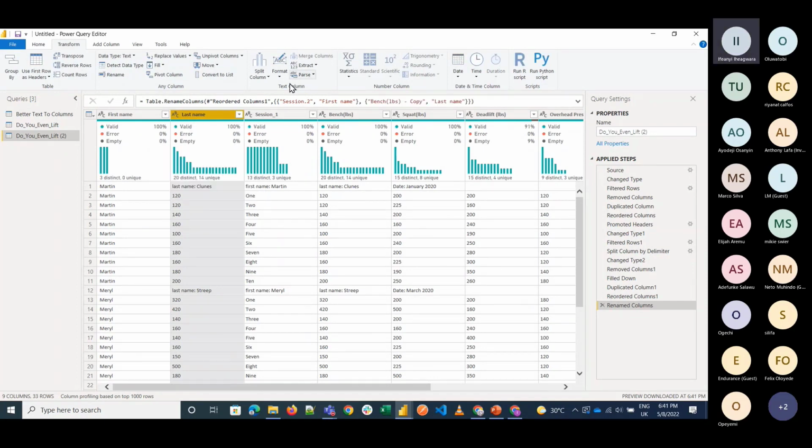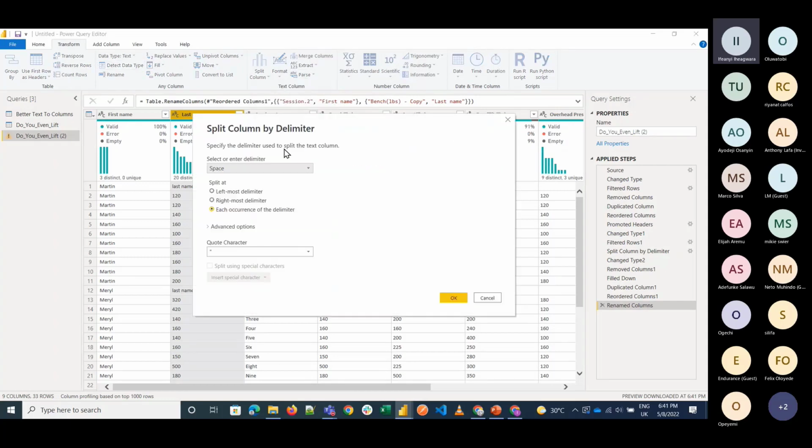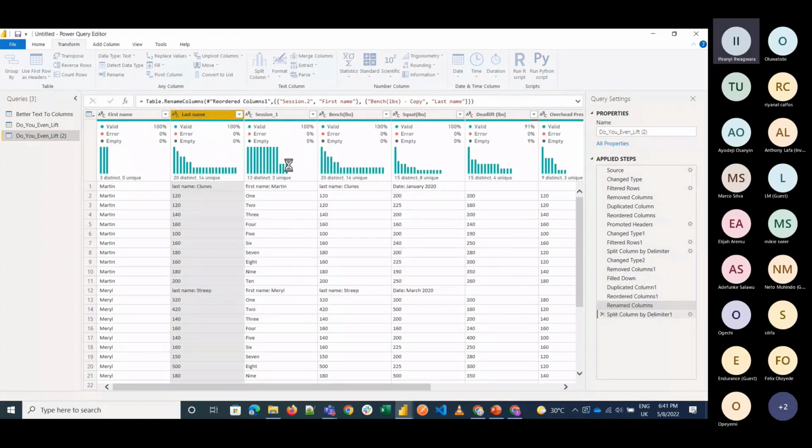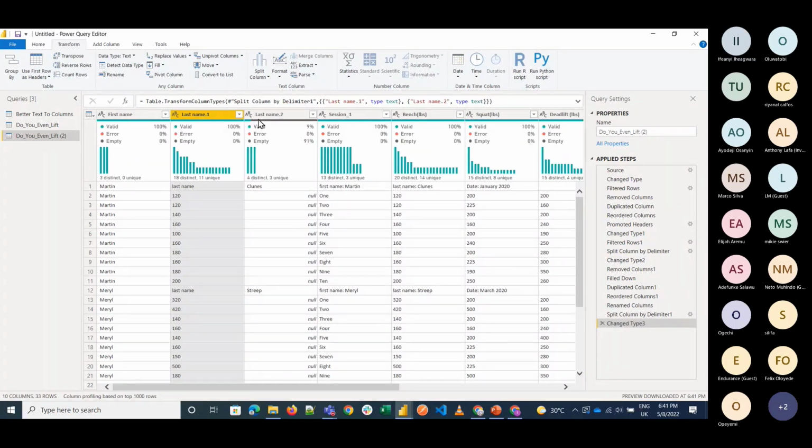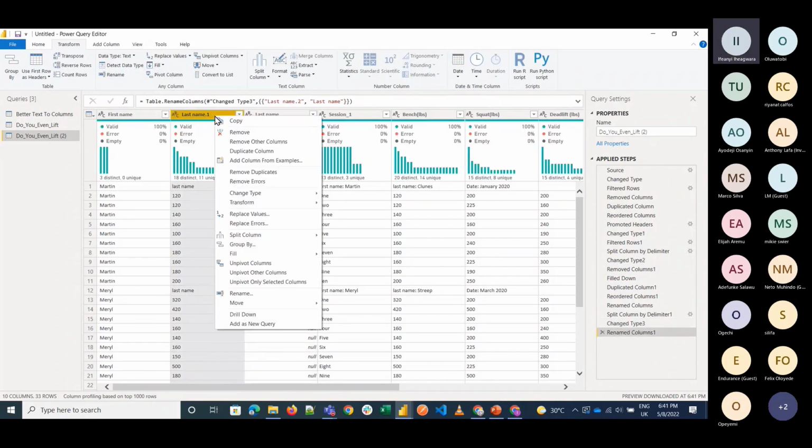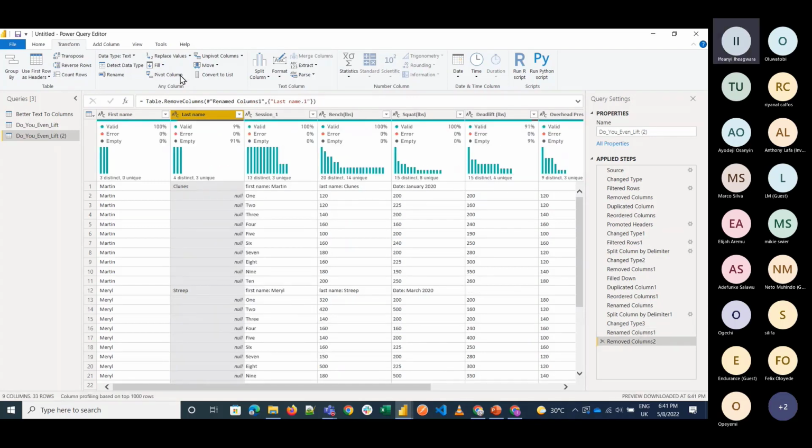Okay, so I'm going to do the same thing again. I even need to rename this one because I did the split by the delimiter. Again, the column. Okay. I'll also remove this one, and I fill it down. Okay, so now that I've done this, the next thing to do is